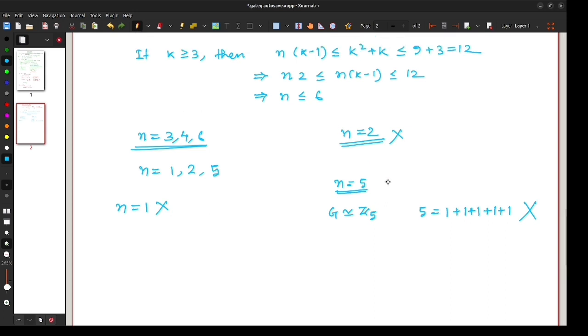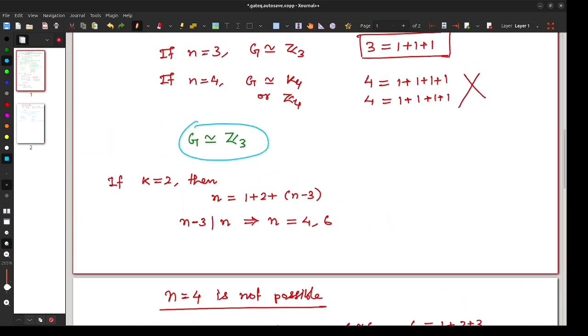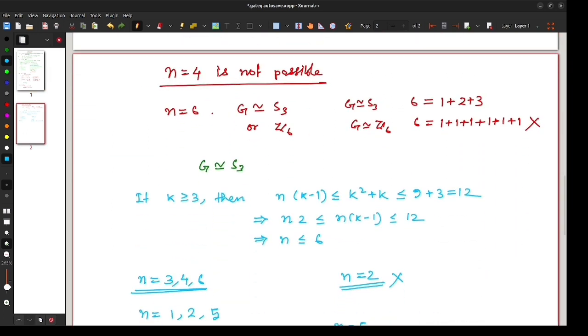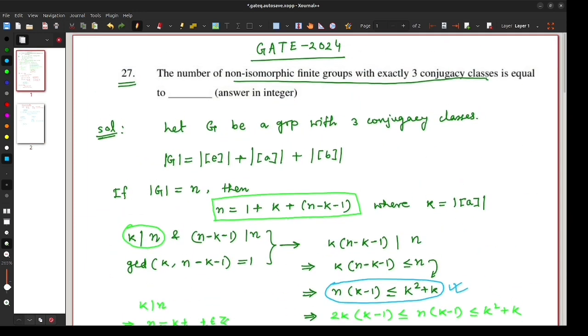Therefore G is either isomorphic to Z3 or G is isomorphic to S3, and Z3 is not isomorphic to S3. So the number of non-isomorphic finite groups with exactly 3 conjugacy classes will be